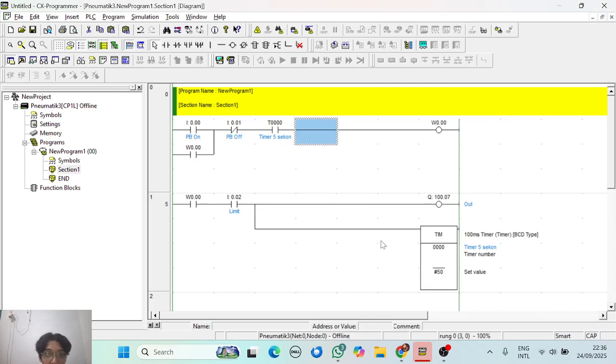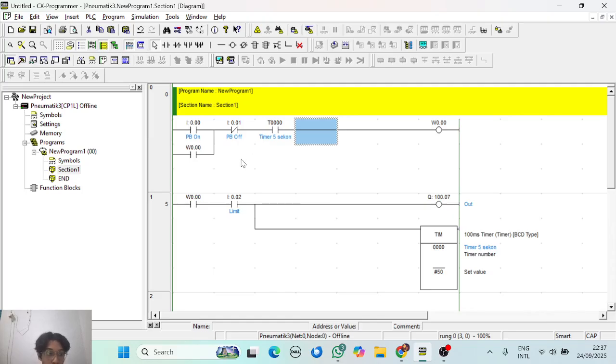Let me explain the first row. In the first row we have the main components. There is PB on, which is push button on, and PB off, which is push button off. This is the signal of the timer 5 seconds, and this is the internal relay which is labeled system.